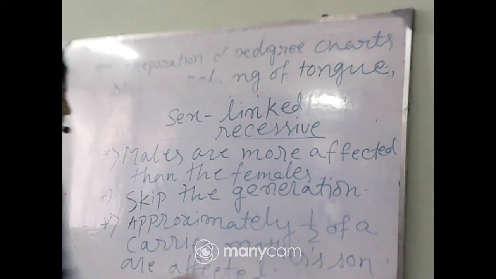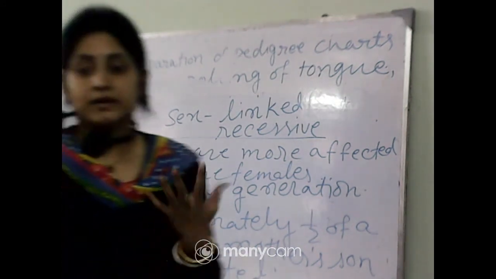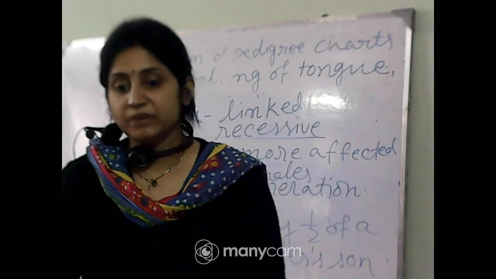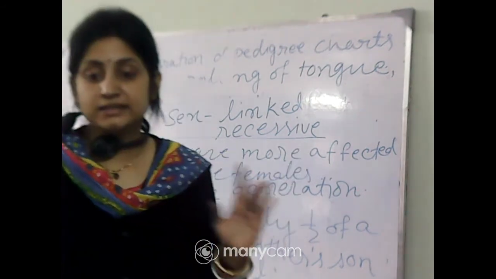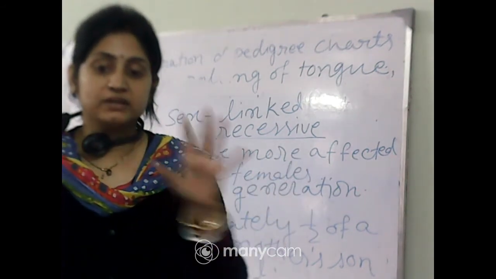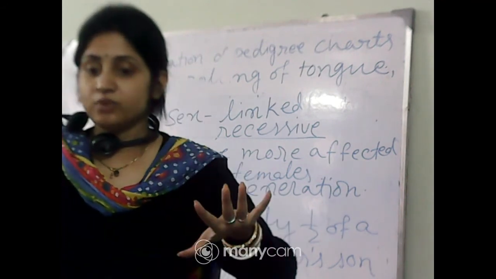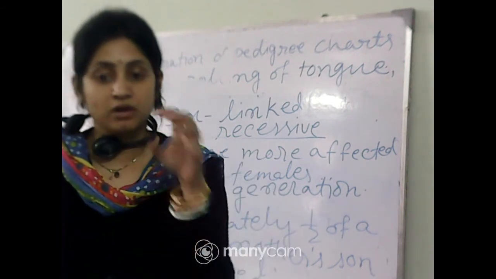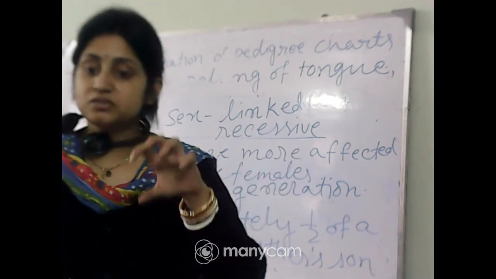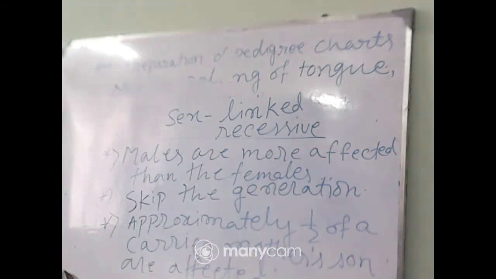Most of the mothers are carriers and sons are affected, so that's why you can see that males are more affected than females. Mothers are carriers, so genes are present in the recessive form, they don't show their effect, but the males show their disease, genetic disorders. So males are more affected than the females. Obviously they skip the generation. Approximately half of the carrier mother's sons are affected. Okay,